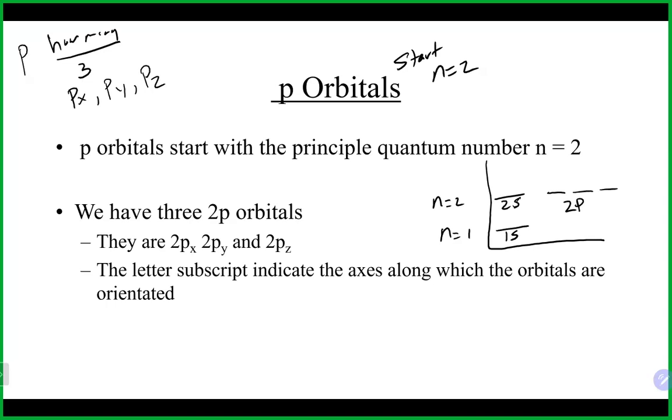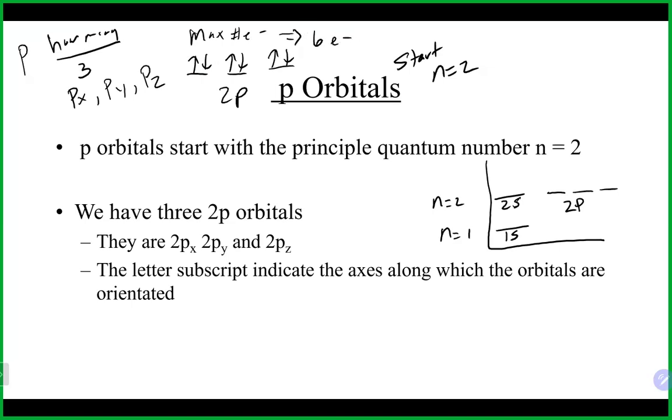They're all in 3-dimensional space with different orientations. Now, because there are 3 individual p orbitals, the maximum number of electrons, if you filled up all 3 of those p orbitals, is 6. You could pop in there 6